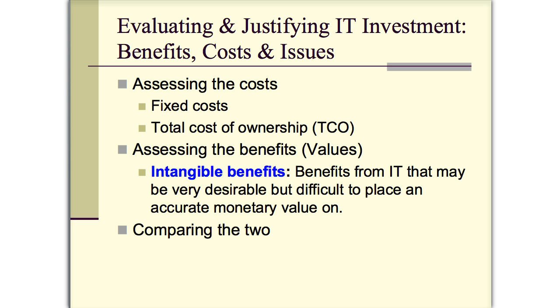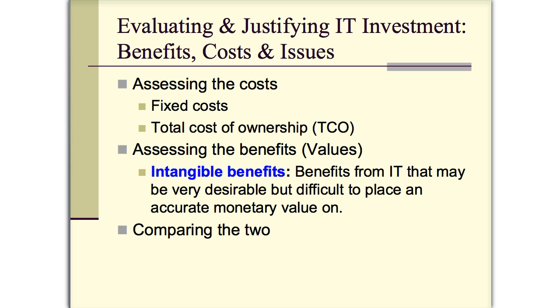The total cost of ownership takes into account those fixed costs, but also you have to look at, after we get the system installed, what type of maintenance do we need? What type of training do we need to provide our employees so they become proficient in using that system? Those types of costs would go into that total cost of ownership. You could sort of compare it to buying a car. When you buy a car, you don't just take into account the payment on the car. There's a lot of other costs that go into that, including things like yearly registration, maintenance for the car, insurance,